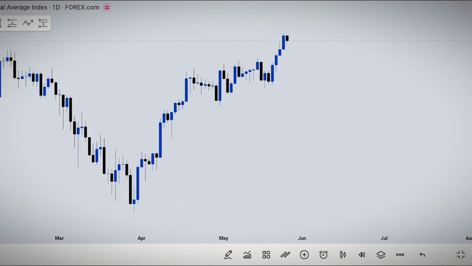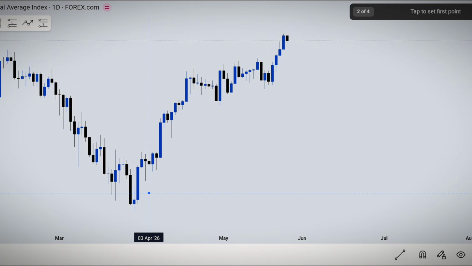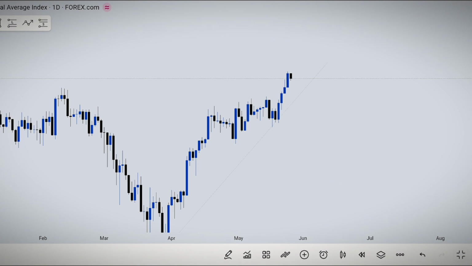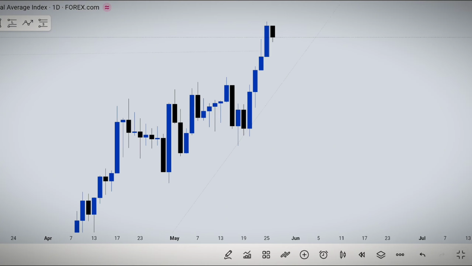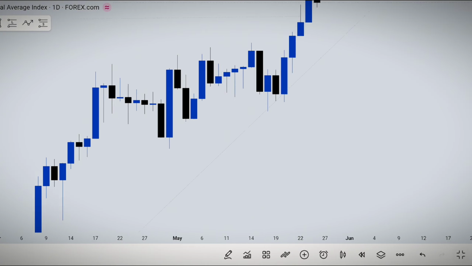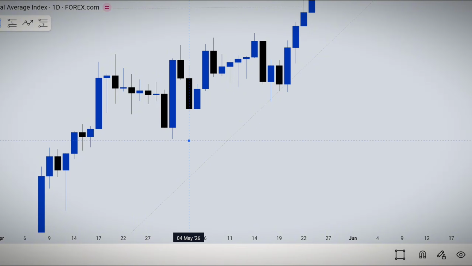Now take a look at this chart. This is US 30 and I'm on the daily time frame. Looking at this chart now, we're bullish biased overall because price is coming to take out this high, or it has even taken out the high. We're bullish biased overall. Let's see now at this region. At this region, still knowing that we're bullish biased,